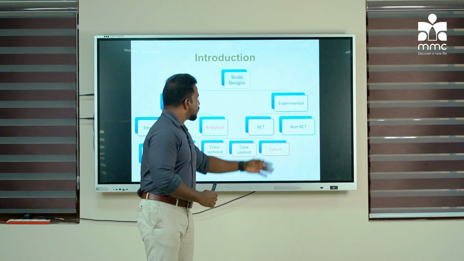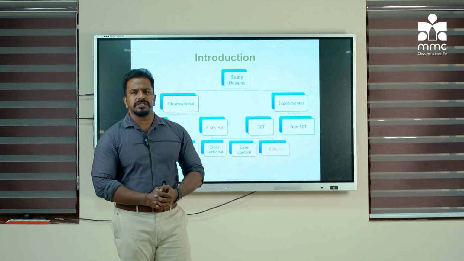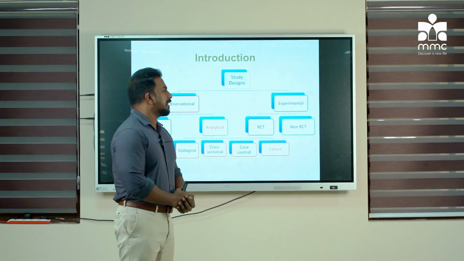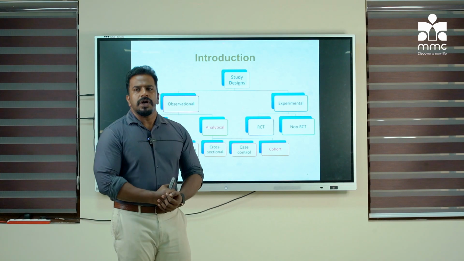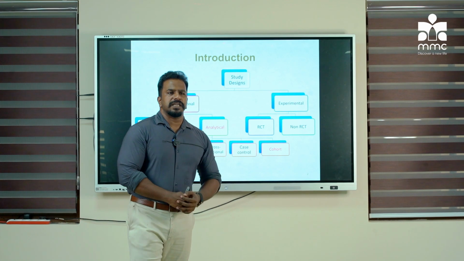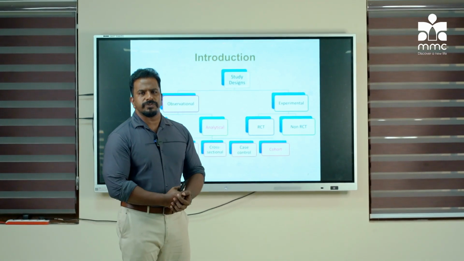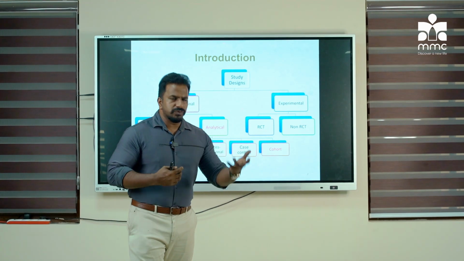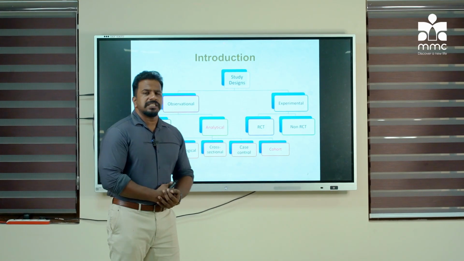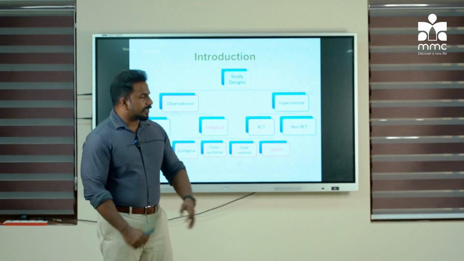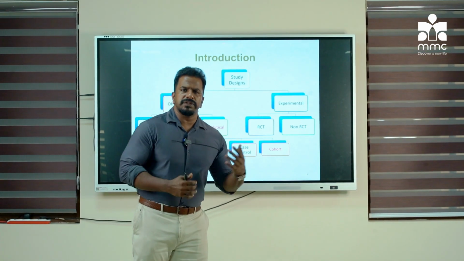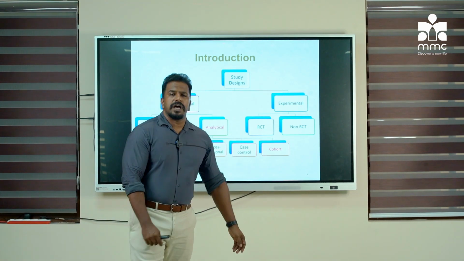Now we come to the experimental part. When the investigator or researcher does some intervention, it comes under experimental study design, which is again divided into two, RCT and non-RCT. He is not observing, here he intervenes. He does some intervention or experiment, and if he selects his study participants randomly, it comes under randomized control trial. And if he is not taking them randomly but according to his convenience, then it comes under non-RCT,